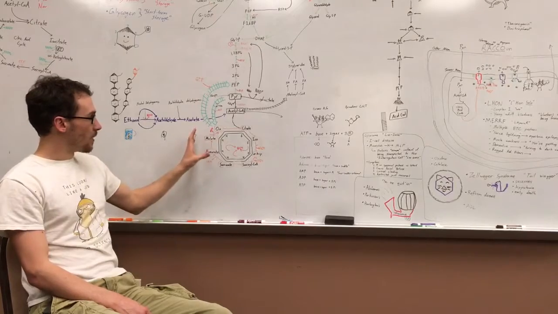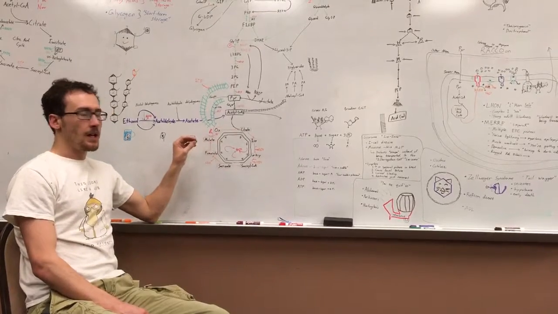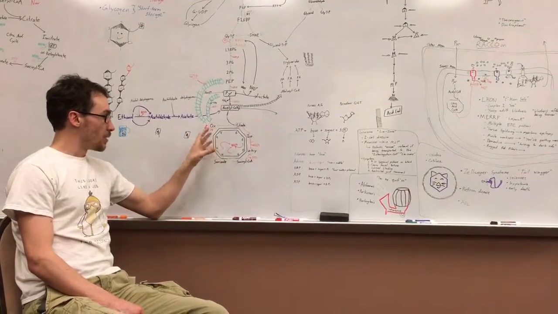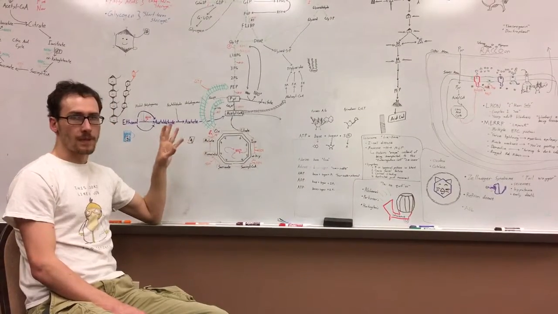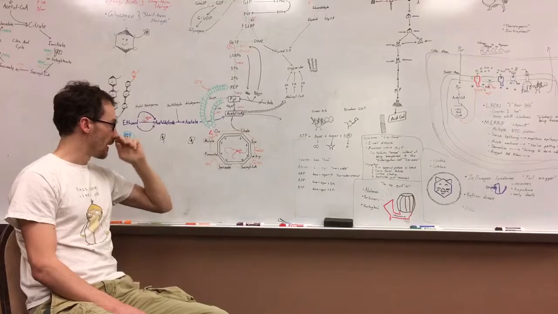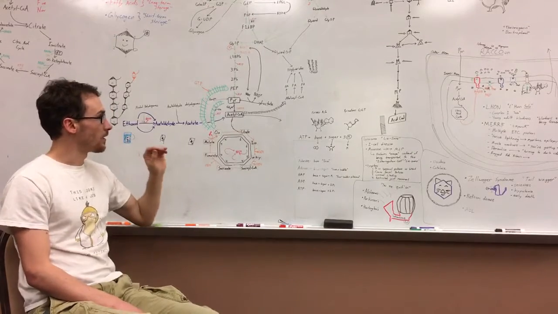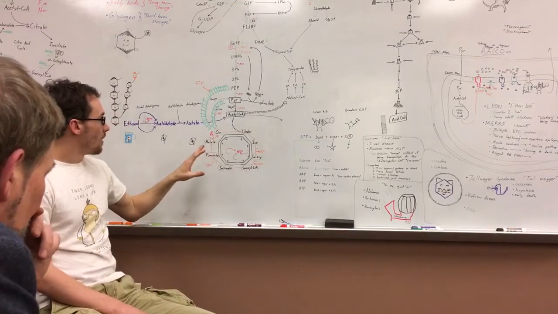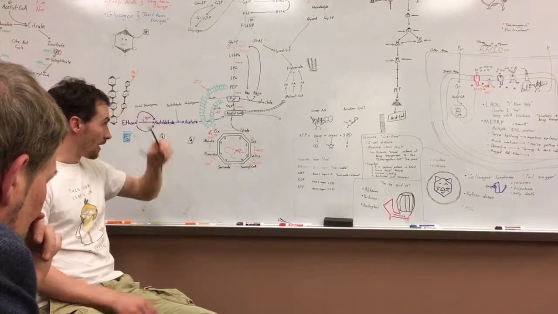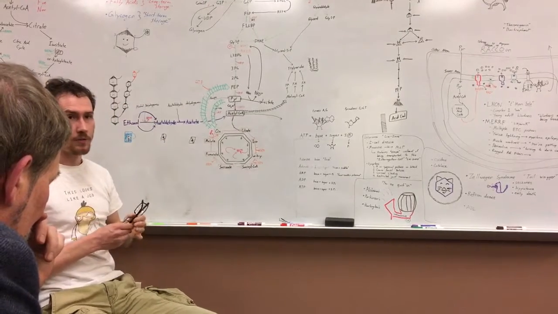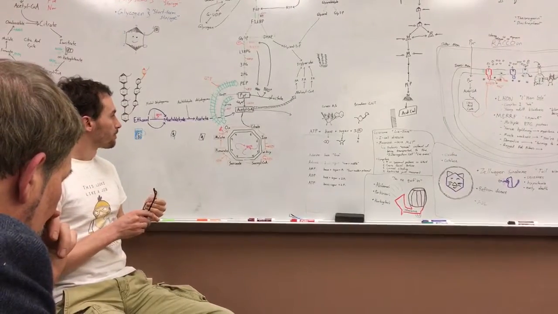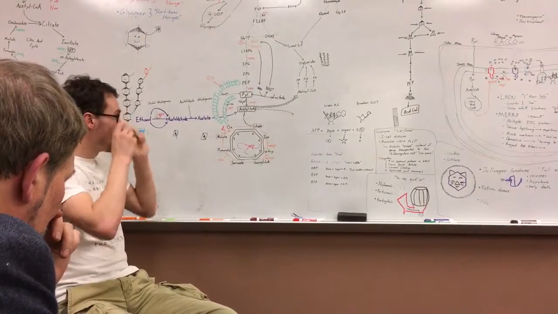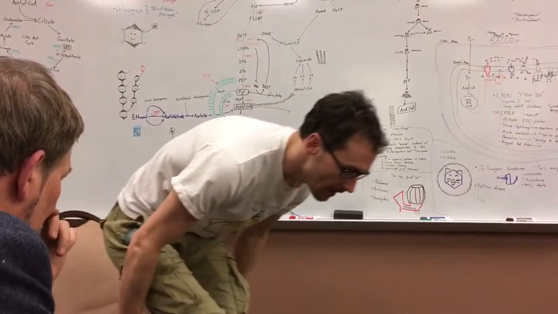And the point of this is to produce NADH and FADH2. That's the main point in terms of producing electron carriers for oxidative phosphorylation. So how do we remember these steps? I like to think about it as